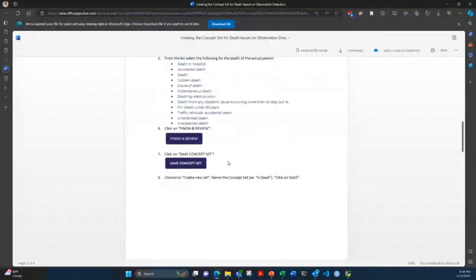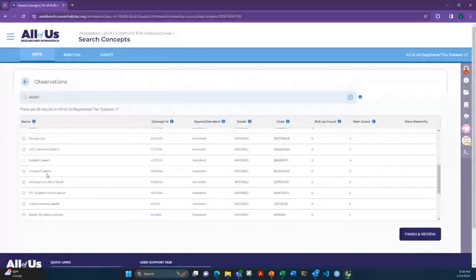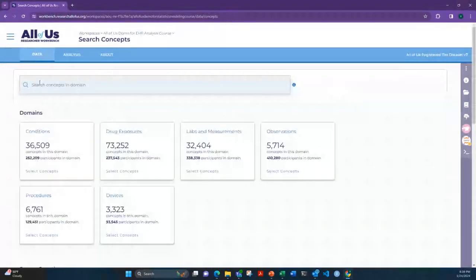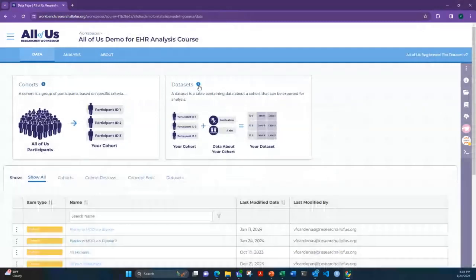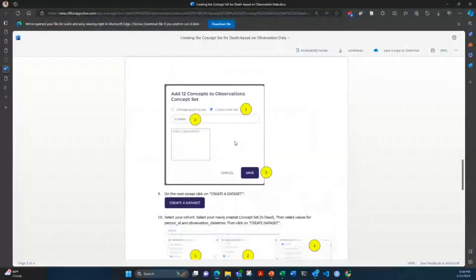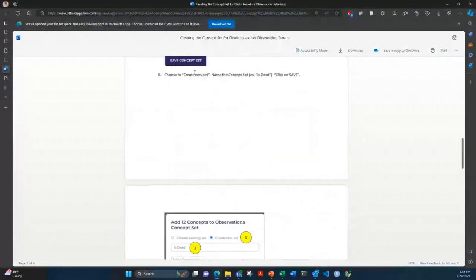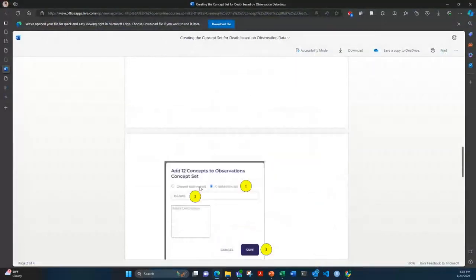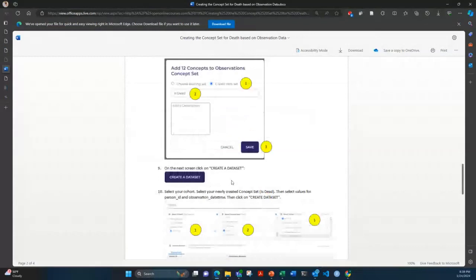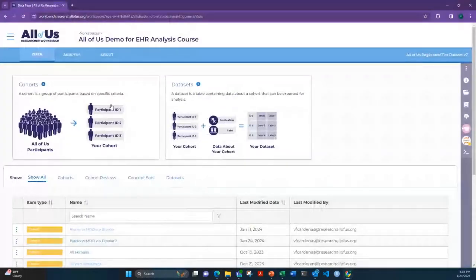Okay, so I will not click finish and review because I found out that creating multiple concept sets is tricky. So once you create a concept set, you have to put a name. So that name is dead. Okay. So once you have created that concept set, you go back to data,